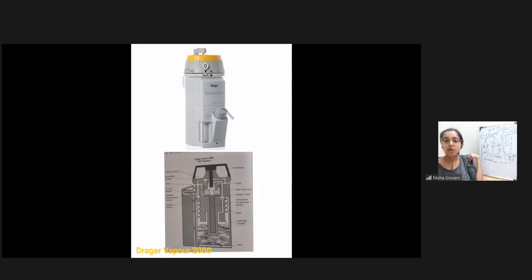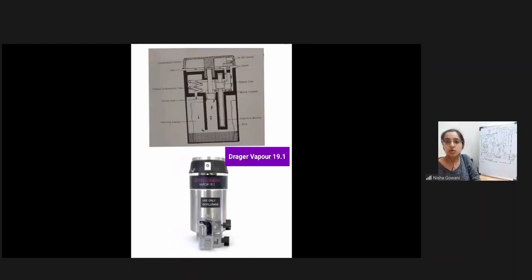This is the image of Drago Vapor 2000. Above you can see the image of this Drago Vapor 2000, and below you can see the schematic diagram. Again, this is a variable bypass vaporizer. All the parts are almost the same, except that there is something beyond the zero. There is a zero mark here, and then there is a T. This vaporizer has a T setting on the concentration control dial, which is a setting for when you want to transfer the vaporizer, that is, when you want to remove it from the back bar and change it to another machine.